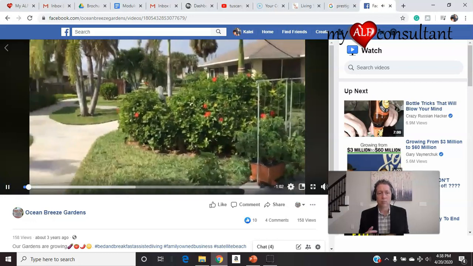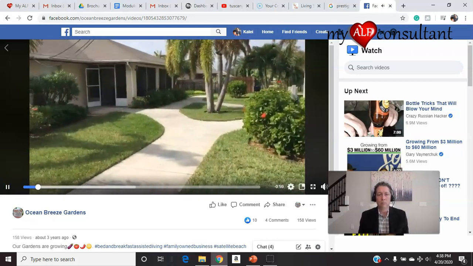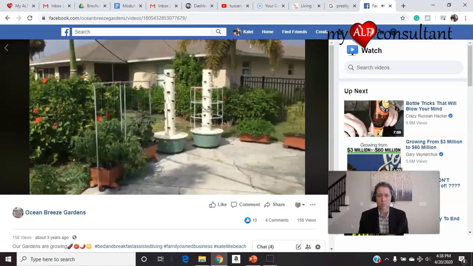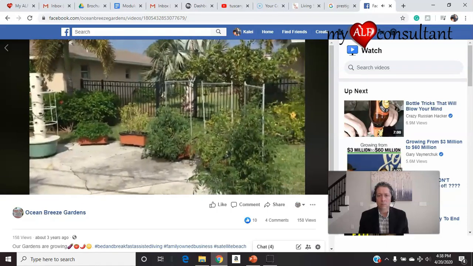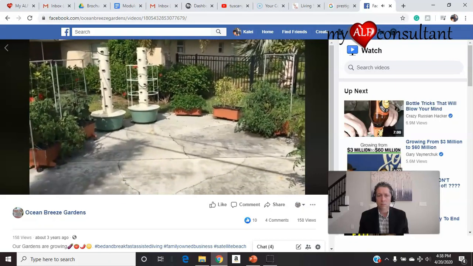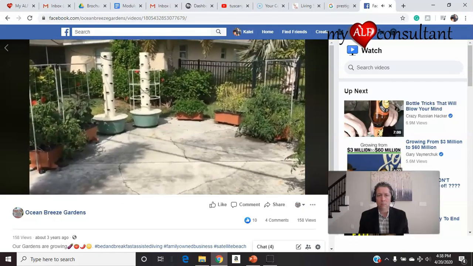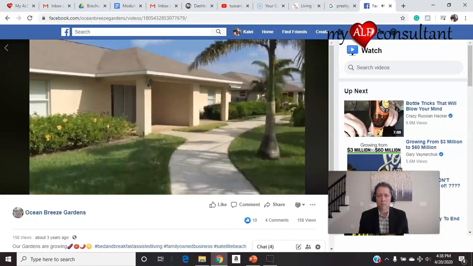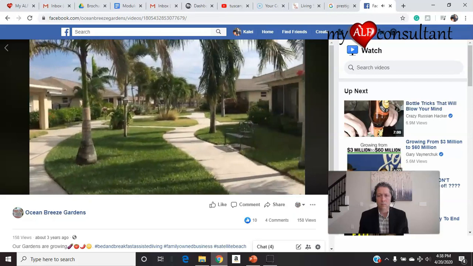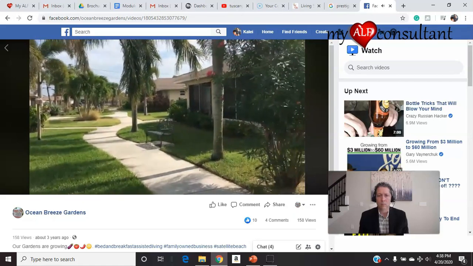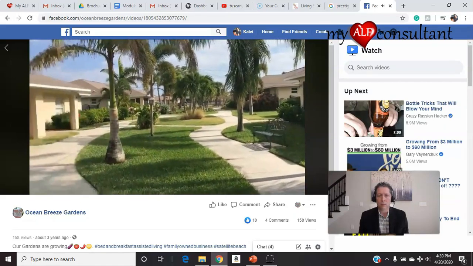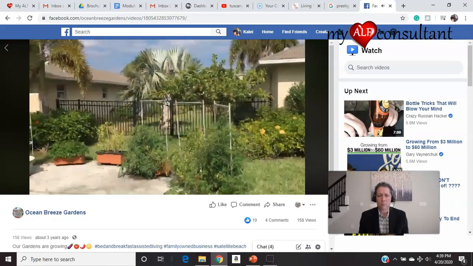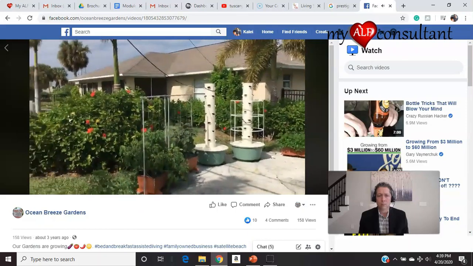Hey everyone, for those of you who haven't been to Ocean Breeze Gardens, I just wanted to give you a really quick backyard view of our community. This is our organic gardens where we grow some fresh fruits and vegetables, herbs for the residents. It's a nice community. We got resort style landscaping, walkways, 6 buildings. We've got apartment patio homes here, 2 bedroom, 2 bath. And then we've got cottages.